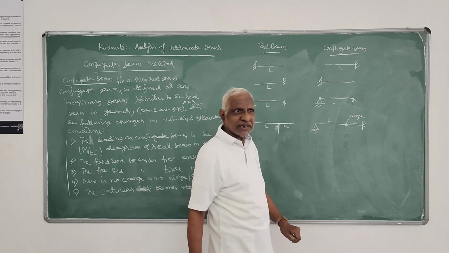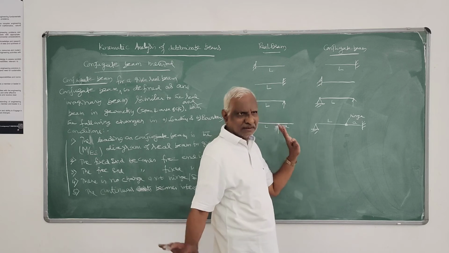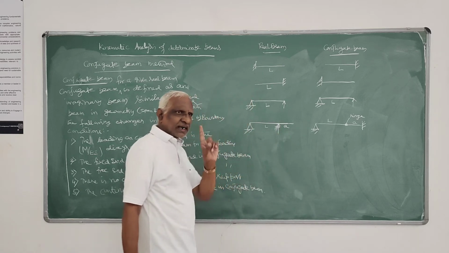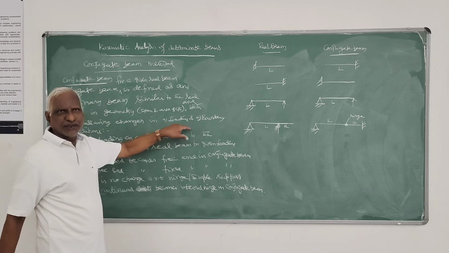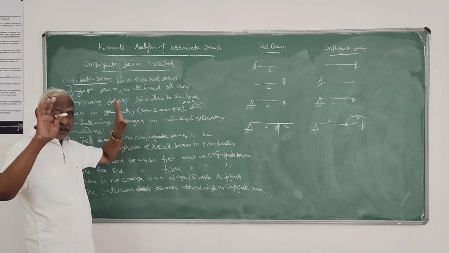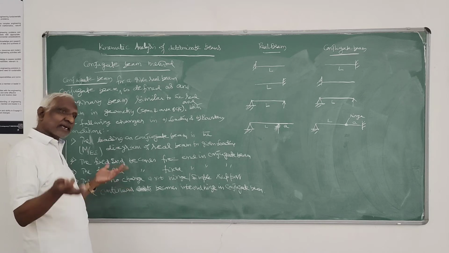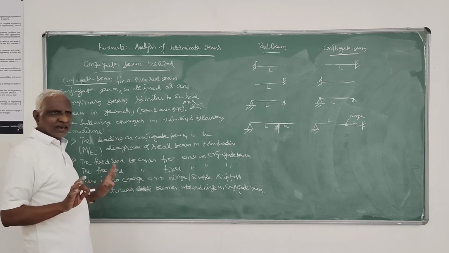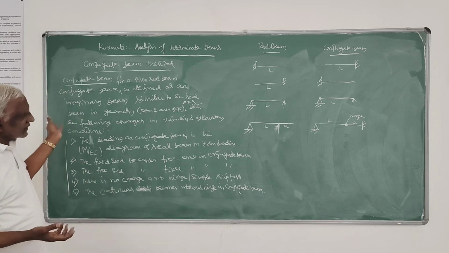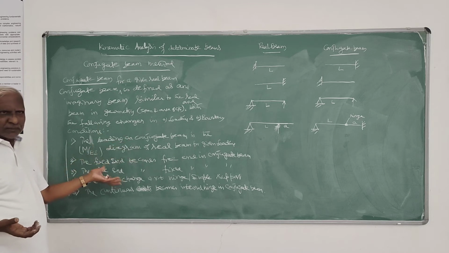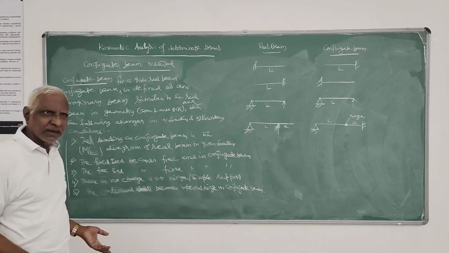One more condition you are going to get, an extra condition. Yes, sir, it is determinate only. That property will not alter at all. The alteration is only with respect to boundary conditions and loading. Geometry and other determinacy will not alter at all, and the static indeterminacy and kinematic determinacy also will not alter. That degree will remain the same. Now we will take up simple examples, cantilever and simply supported, and we work them by the conjugate beam method. Next we will take up the area moment method.